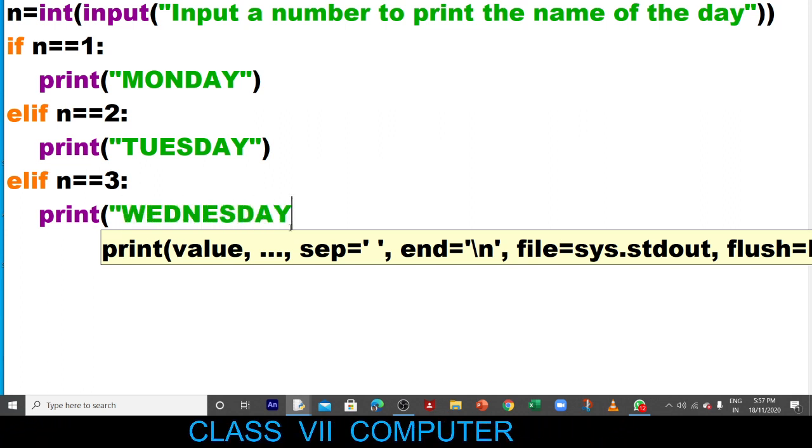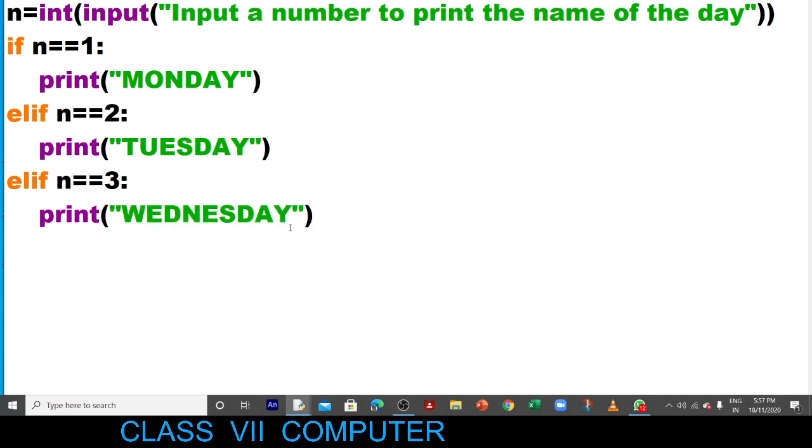Okay, so now it is written, it is completed. Third condition is also written.